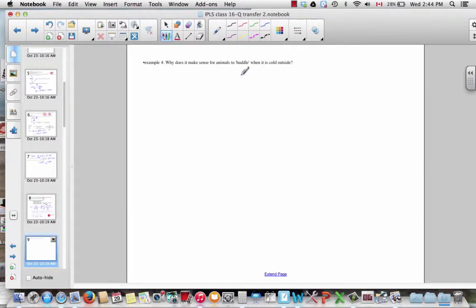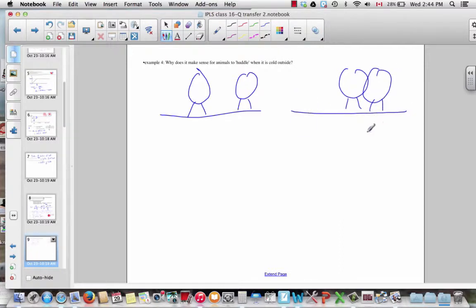Biological question: why do animals huddle when it's cold outside? So here, this is a rear view of a cow. This is in the summertime. In the wintertime, they get much closer together. Why does that make sense? Well, with less exposed surface area,